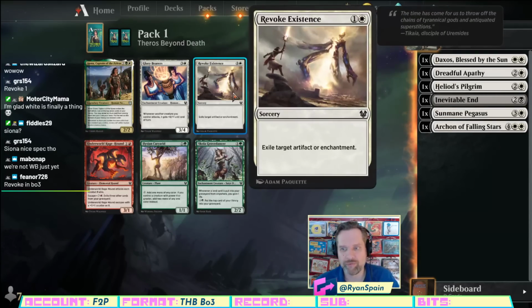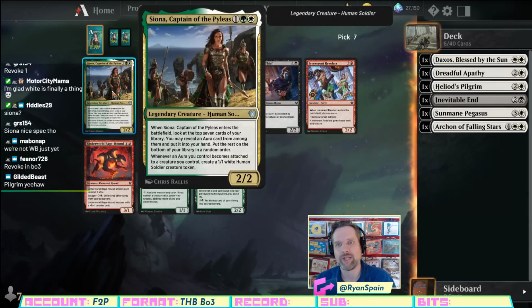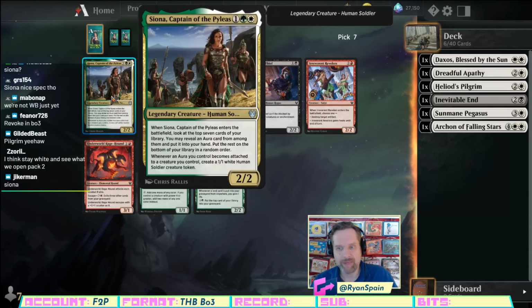Although, again, I do want the Revoker. I hear you, Fenor. But even if we're bringing in a Revoker, we're not necessarily... Yeah, I do want the Revoker, Fenor, but I don't know if I can pass Siona when this may be...